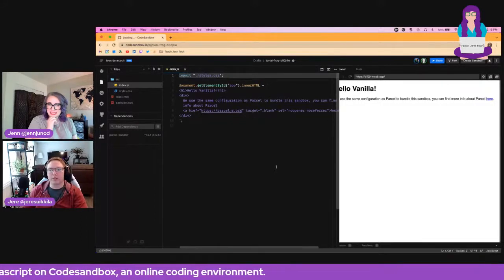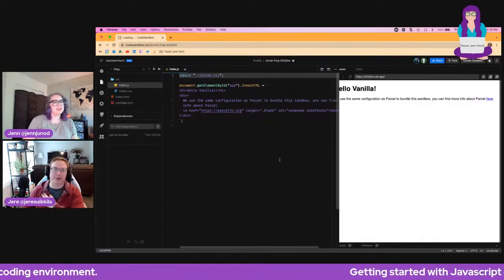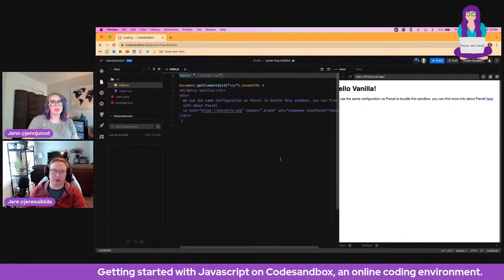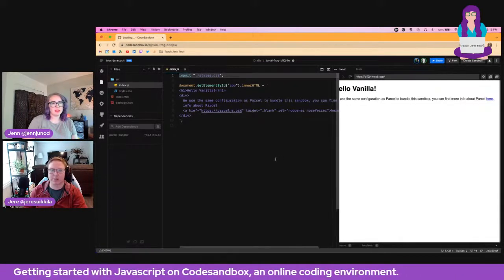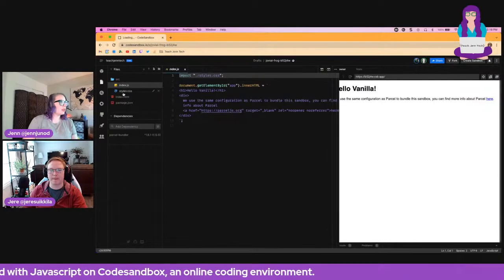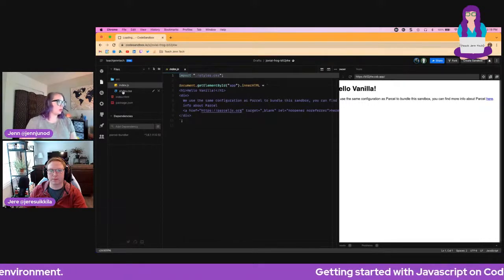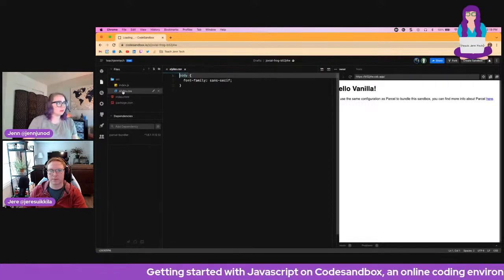Yeah, index is usually what we call the starting or the first file, where things then go deeper from. So that's where you would import everything else that you're working on, like if you had classes or something like that. Okay. And then I'm only guessing on styles.css. That's probably where we would put any colors or that kind of thing.